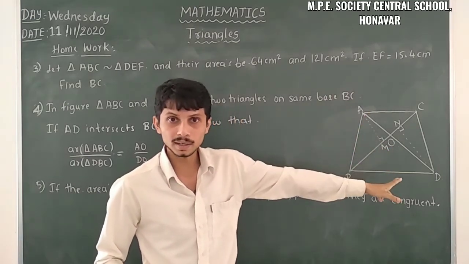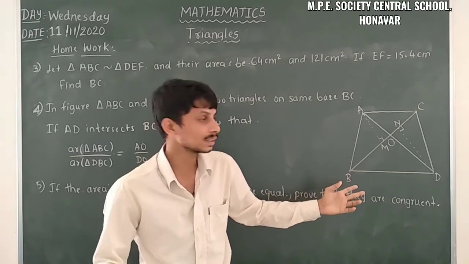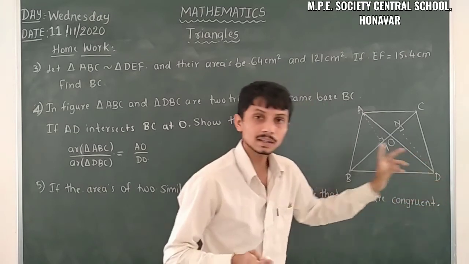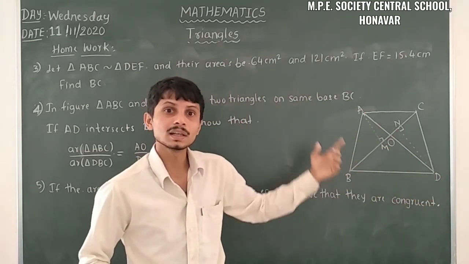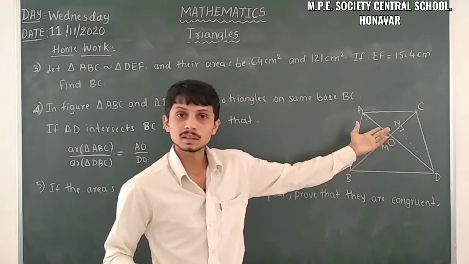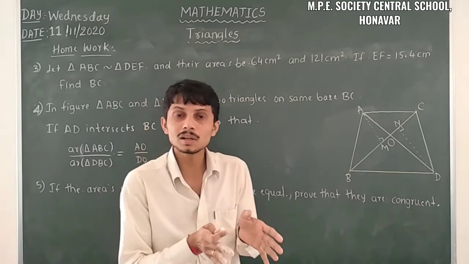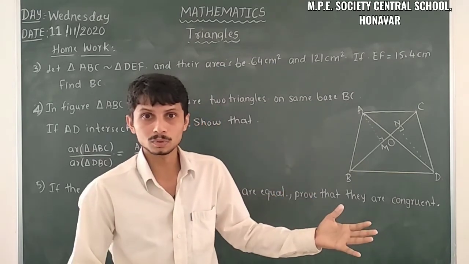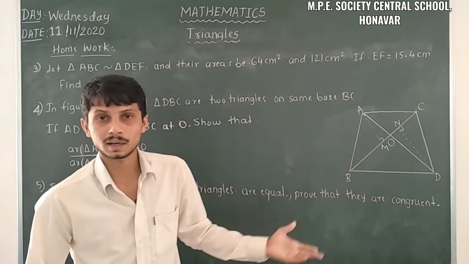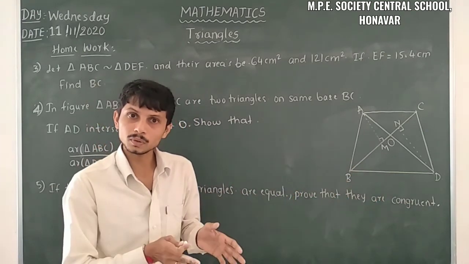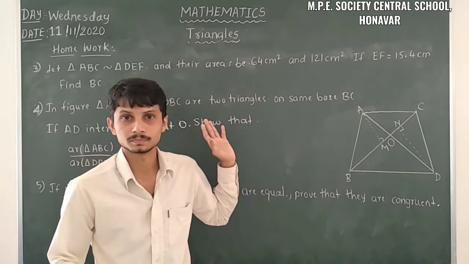are similar triangles. After that, we have to take the ratios of their corresponding sides, that is AM by DN is equal to AO by DO. Then we can replace AM by DN with AO by DO. So that means this is similar to the proof. We already proved that in the theorem on area of similar triangles. Refer to that also. Here also you have to solve in the same way.